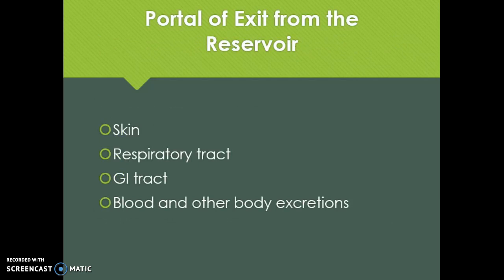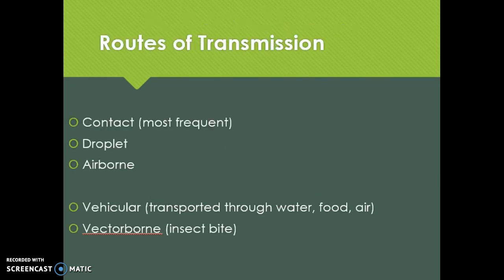They have to have a way to get out of where they are, okay? So if someone is HIV positive and they're spreading the HIV virus, that HIV can get out through that person's blood, it can get out through that person's secretions, including semen, vaginal fluids, that kind of thing. Route of transmission. How is it going to get from one person to another?